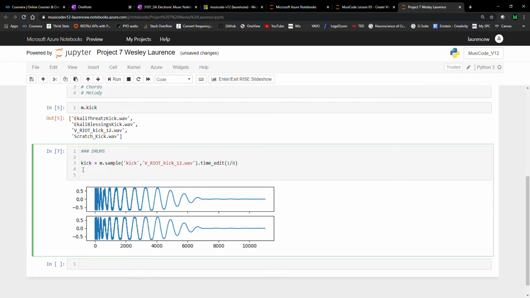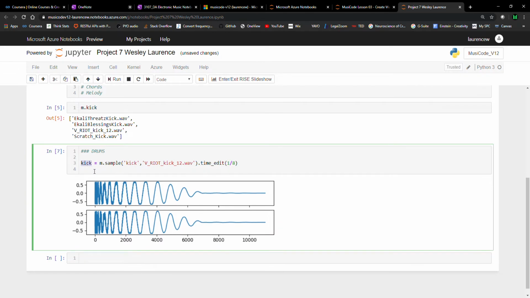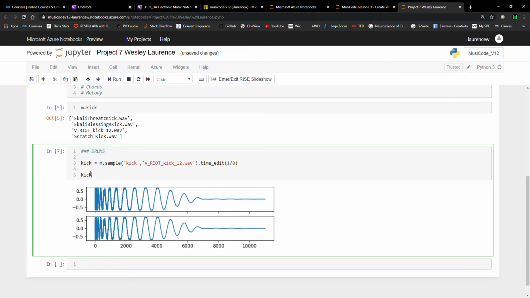Okay, so now that we have our kick, what we're going to do now is create a rhythmic pattern with multiple kicks. So we're going to say kick equals m.join waves. And so the way that we create rhythms is we are going to combine kick with rests of different values. And so I'm just going to say kick, comma, m.rest